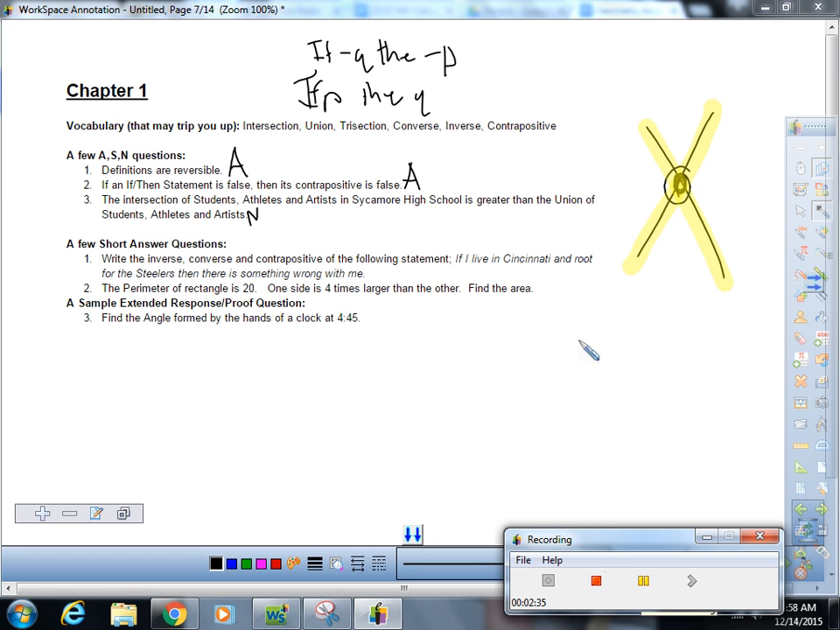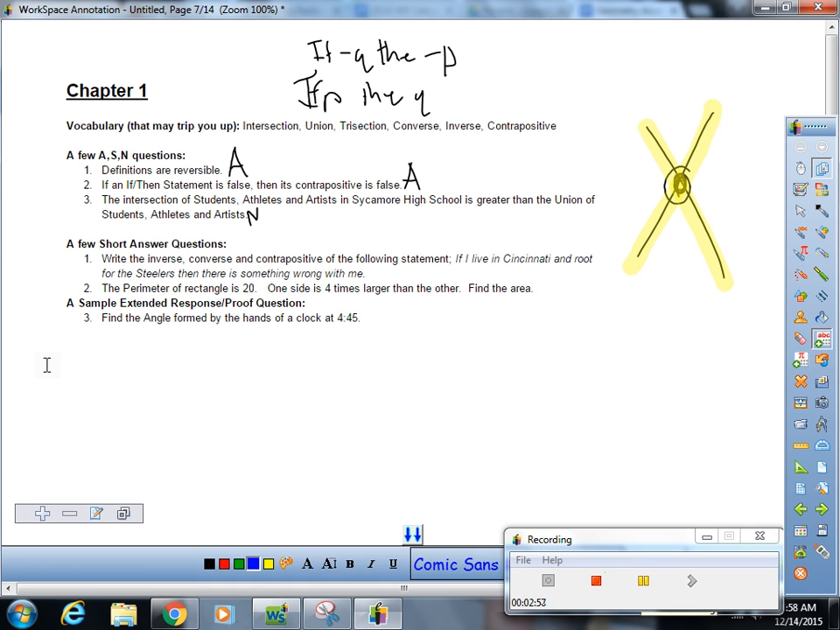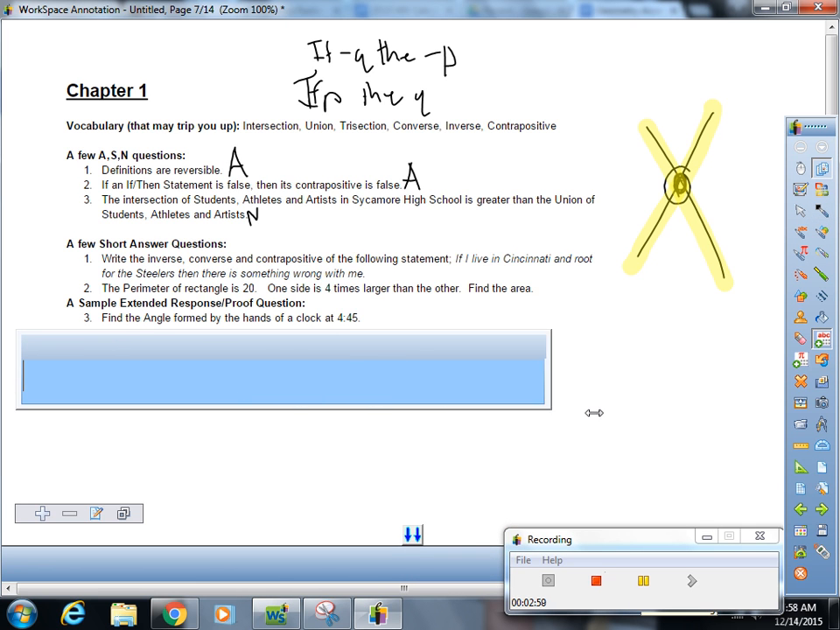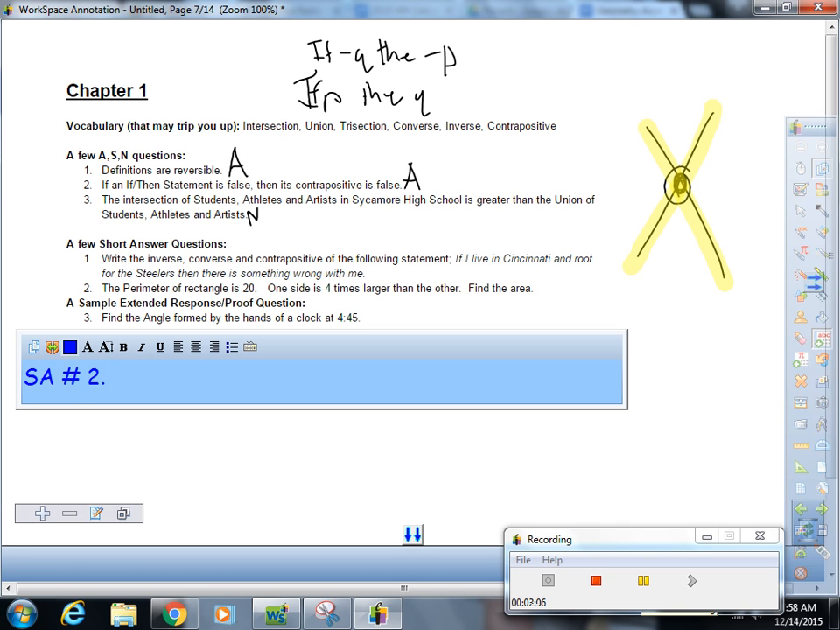Now the first short answer one. Write the inverse, converse, and contrapositive of the following statement. The statement is, if I live in Cincinnati and root for the Steelers, then there's something wrong with me. The inverse of that would be,